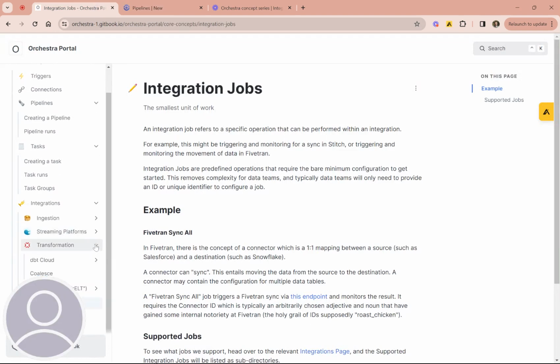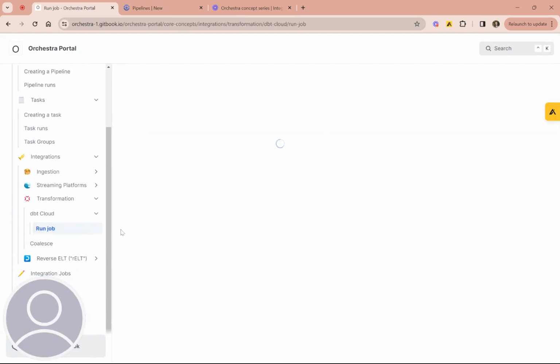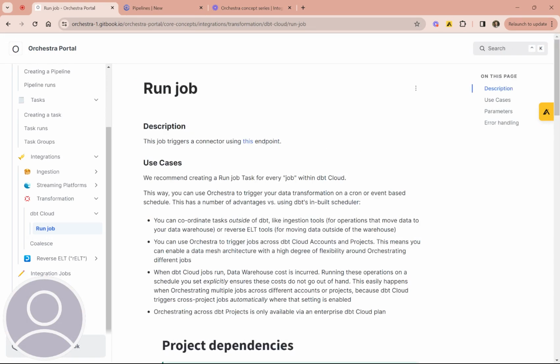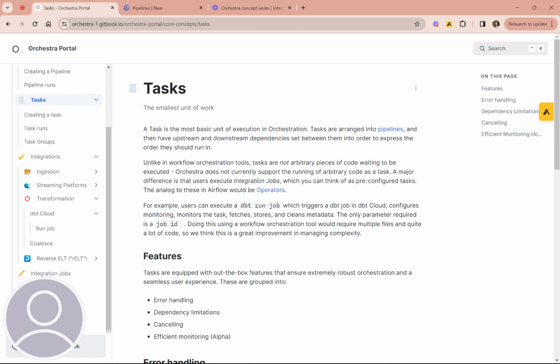So if we take the dbt Cloud example, we can see that if you have a dbt Cloud integration and a working dbt Cloud connection, then we can run a dbt Cloud run job. Here we have the description. This job triggers a connector using this endpoint, but it's actually so much more, because if you saw my last episode, you'll realize that every single Orchestra task also has monitoring, metadata extraction, metadata cleaning, and end-to-end lineage